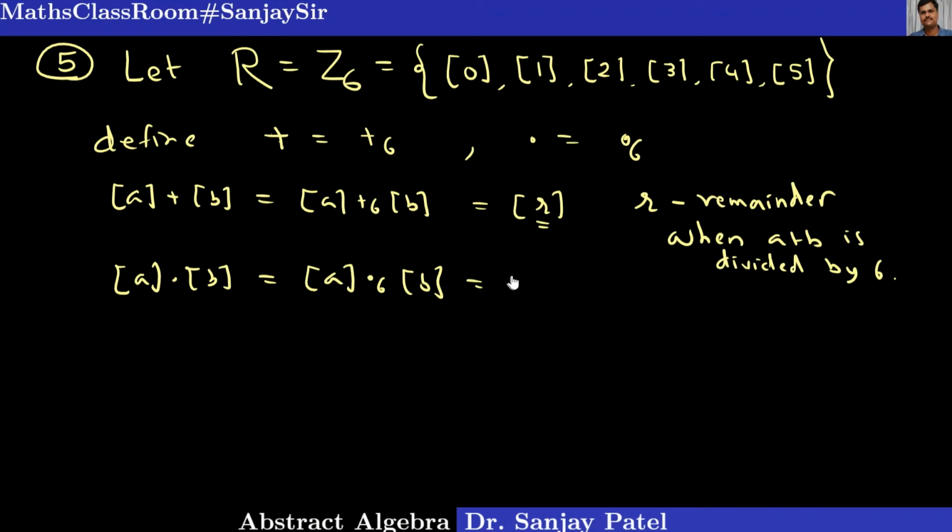So we are now going to consider a very important example for our study of ring theory. So class A dot class B. Here dot means our operation is dot 6 in this new example. And this means it is equal to class R, where R is the remainder when A dot B is divided by 6. So this is as it is, just A plus B is replaced by A into B. Okay. With respect to these two operations, prove that